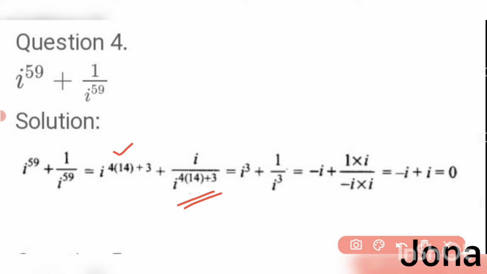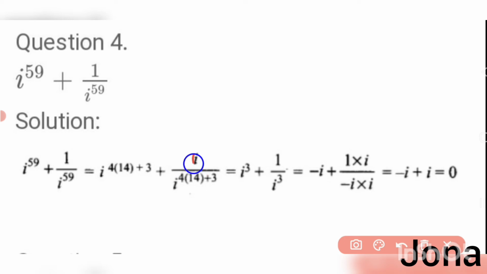Okay, and then, so now I will have the value 4 into 14. That i^4 is nothing but 1 only here. So here it will be 1, and then into i cube is there, plus 3 is there. It's nothing but i cube. So the value is 1 into i cube is i cube, and then here I have i divided by i^4. This value is 1. So simply at the denominator also I have i^3, isn't it? So I can write this as 1/i cube.